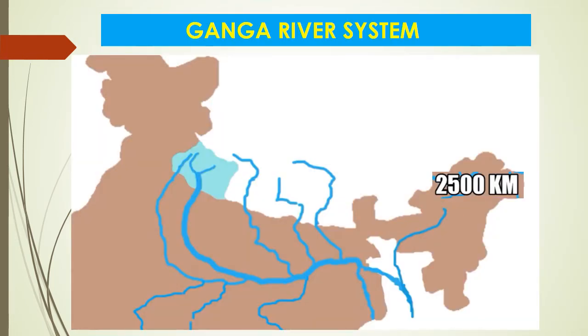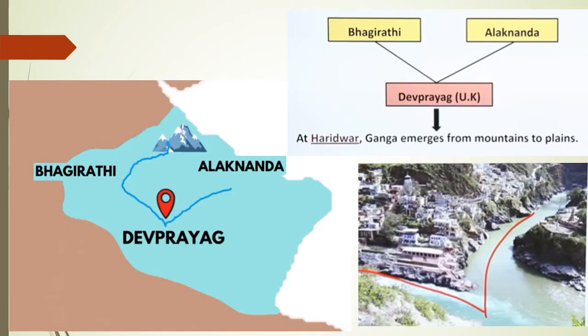Children, let us now look into the Ganga river system, and here you can see the entire stretch of the Ganga river system, the northern plains, and so many tributaries joining it on the right bank and left bank. And this entire journey, as it is given in your book, is 2,500 kilometers, but actually it is 2,525 kilometers. So children, you can see the origin of Ganga from the Gangotri glaciers, okay, and from there the